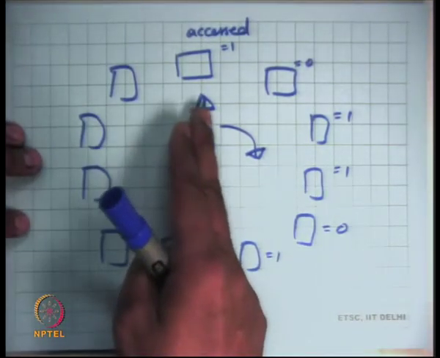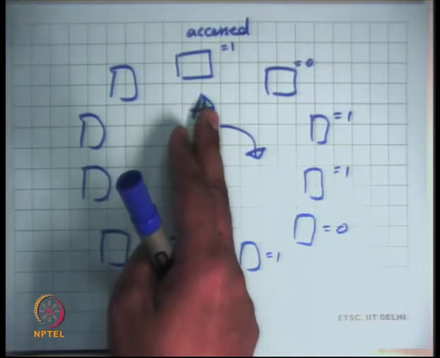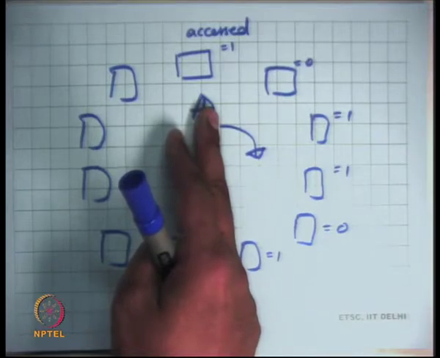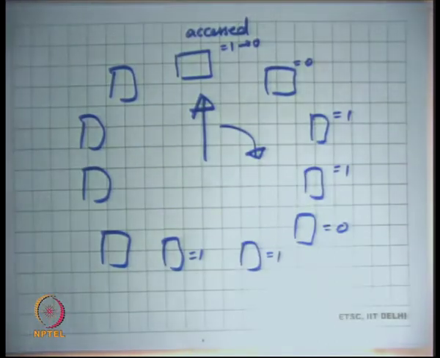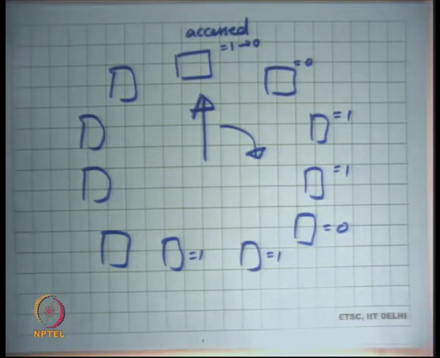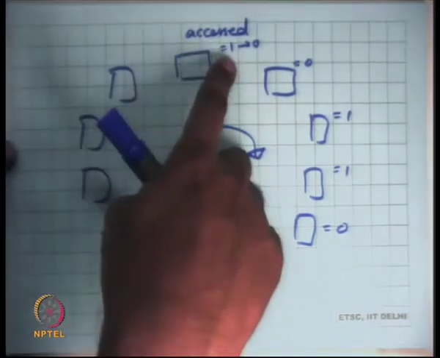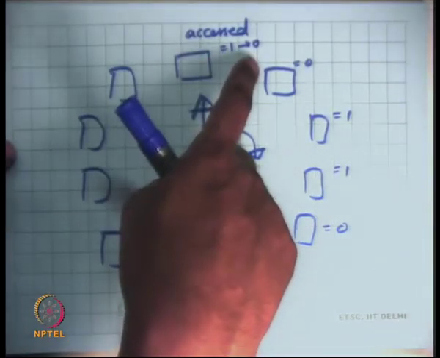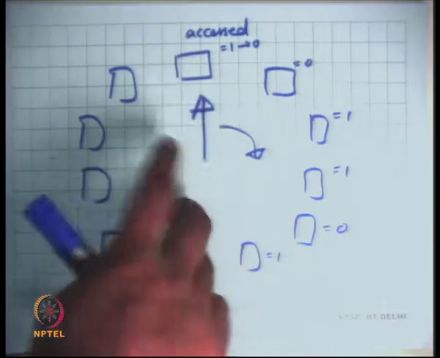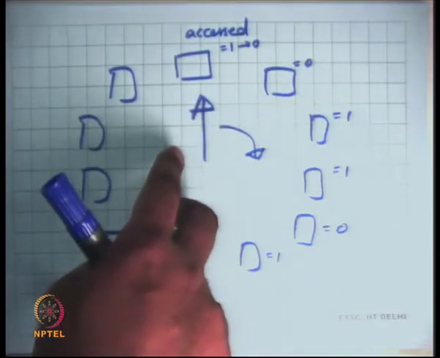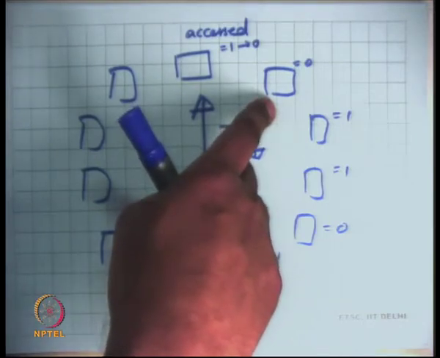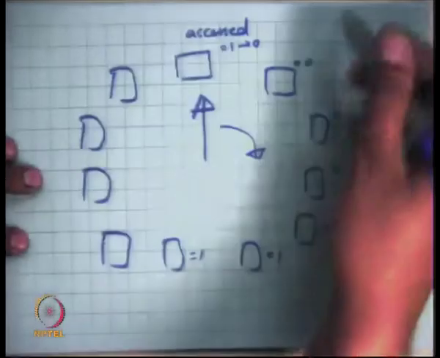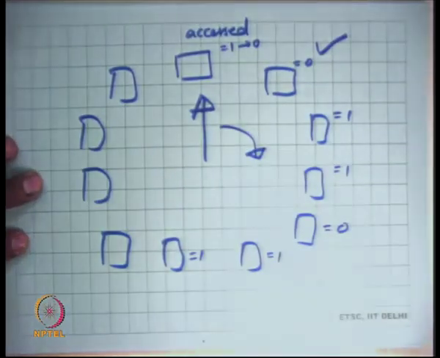And so let us say I want to replace a page, I will move the clock hand, and any page that I find whose access bit is 1, I will skip it. I will not just skip it, I will also change it to 0. That basically means that I have seen it in one revolution and I saw it as accessed, and so I clear it to 0 to see whether by the time I reach it next, it has been converted to 1 or not. The moment I see a page that has not been accessed since the last time I cleared it, which means its access bit is still 0, I will pick that for replacement.